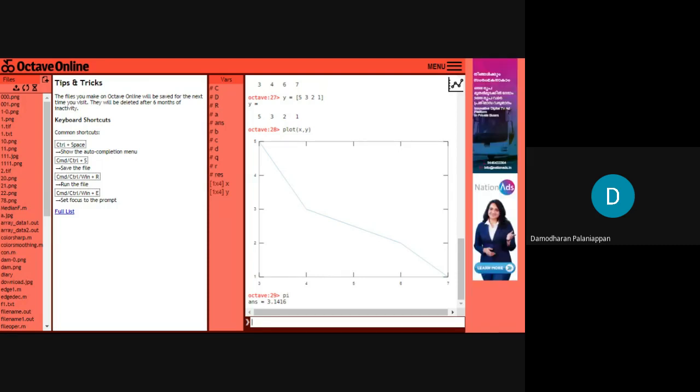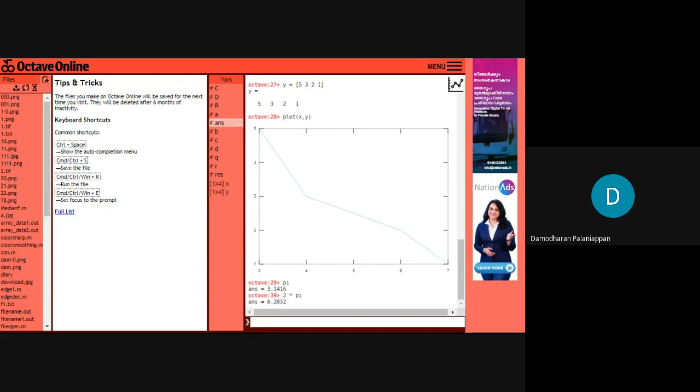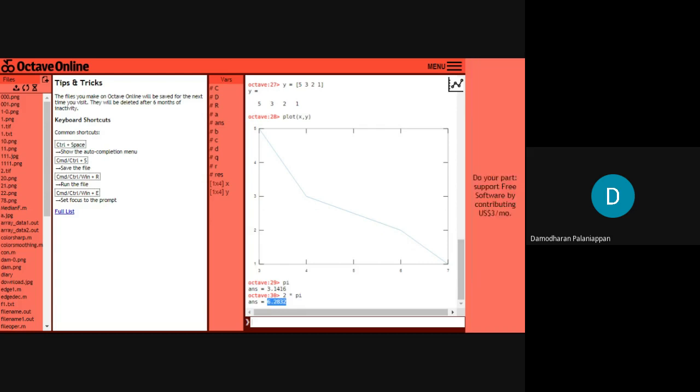If you want to use this pi value, you can directly use the variable called pi, for example multiplying by 2. 3.1416 multiplied by 2, we get the answer 6.2832. In this way, the reserved keyword is also used for manipulation.